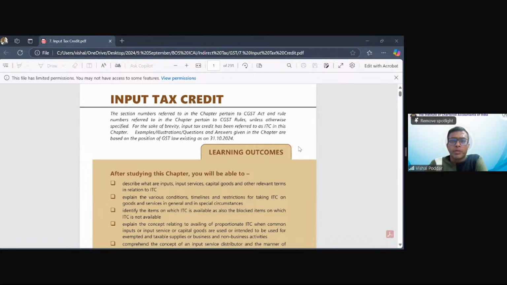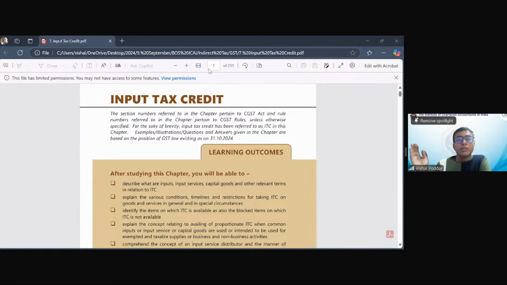So I was saying that this topic deals with the debit side of your business. Now, when I'm saying debit side, what does it basically include, what does it basically cover? So the debit side is the input side of your business. Now, see, I'm not only talking about your P&L debit side. That is why I'm using the words input side of your business. What is the input side of your business?